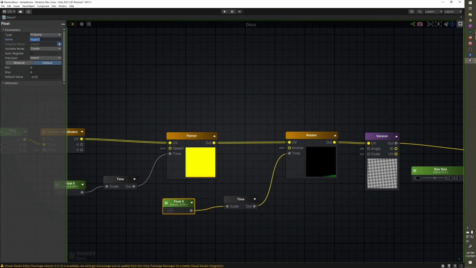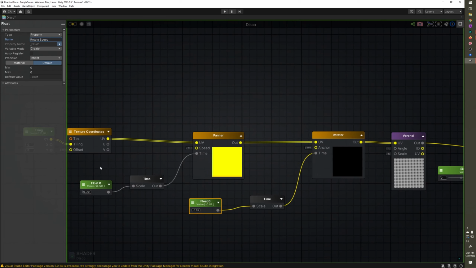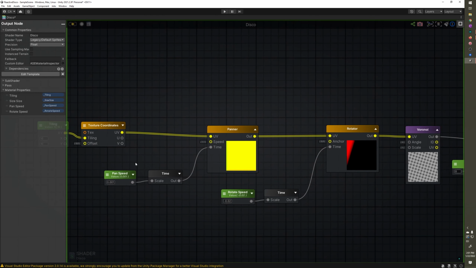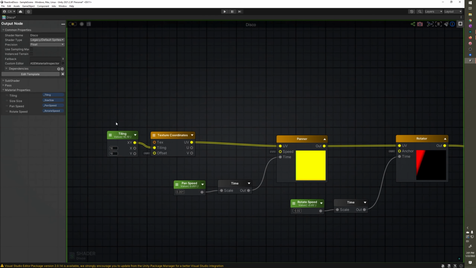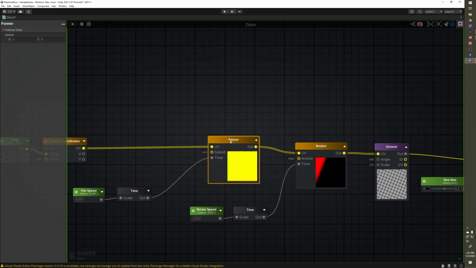We're going to set these property names. So this is rotate speed. So you can always adjust these later in your inspector for taste. Pan speed. Excellent. So one other thing before we're done messing with UV coordinates, when I did make this shader,